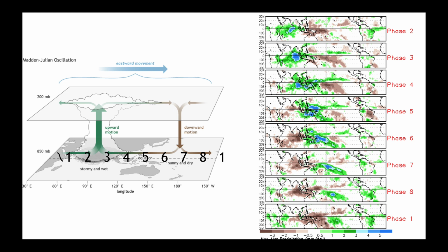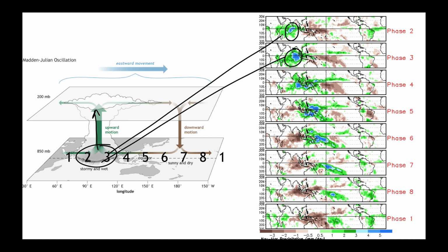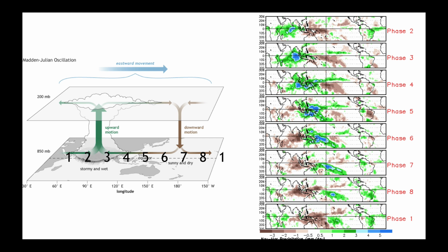So for example, on this diagram, you can see that all the upward motion and therefore the rain is around phase 2, 3. Well, look up here. Phase 2 and 3 indicate heavy rainfall in that area. Now, where our MJO has been for a while has been over here in phase 4 and 5, and that's